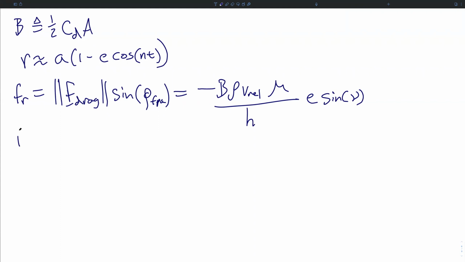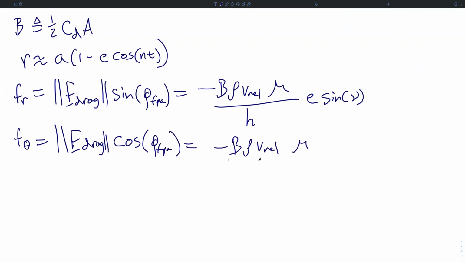And similarly, the component of drag force in the orthogonal direction is given by the drag force magnitude times the cosine of the flight path angle, and is equal to negative b rho v_rel mu over h times the quantity 1 plus e cosine of nu. We can now apply Gauss's equations, which tell us